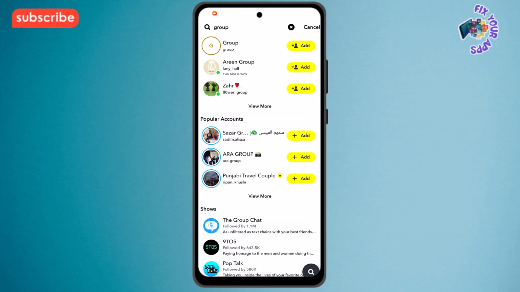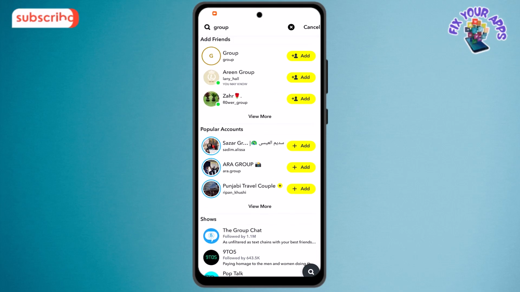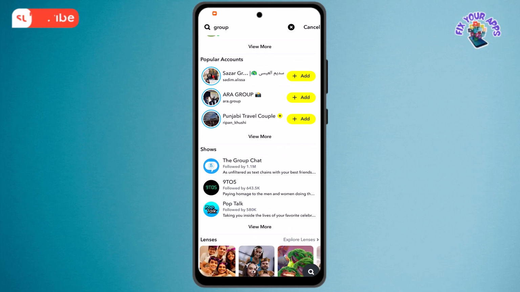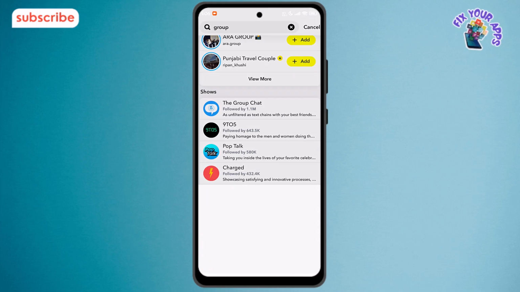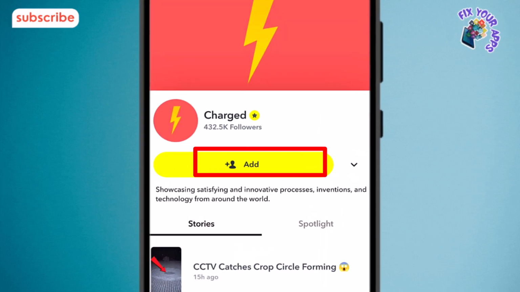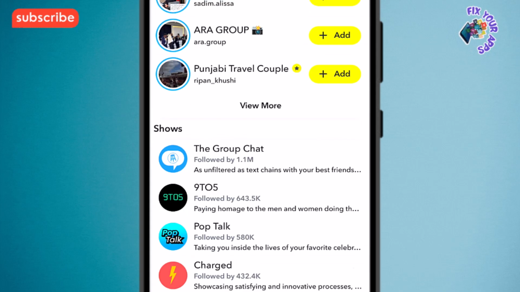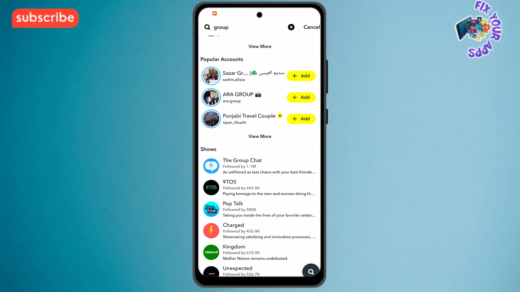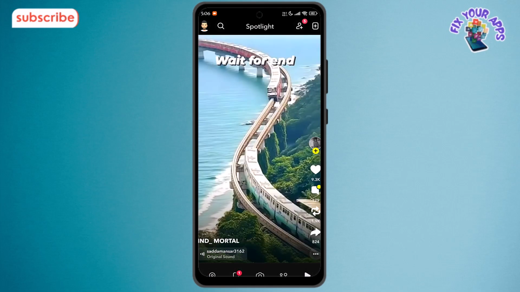Step 5. Browse through the list and tap on the group that you are interested in joining. Step 6. Tap the add button to join the selected group and become a participant. Step 7. Once you have joined, the group will appear in your chat section and you can start interacting with